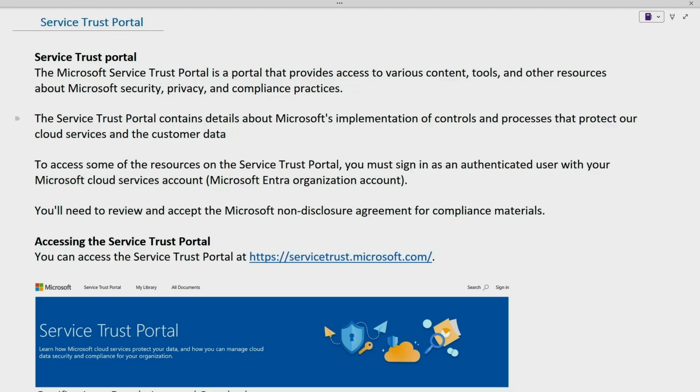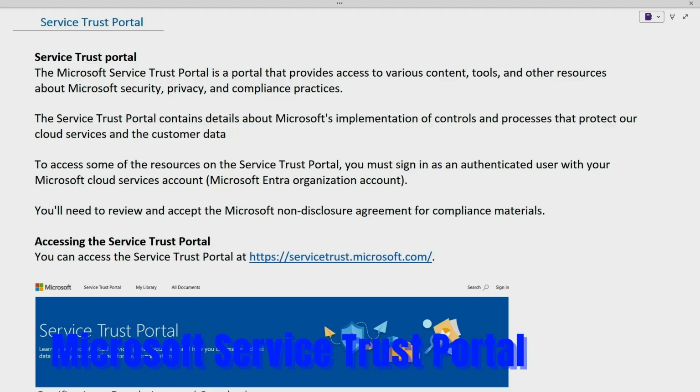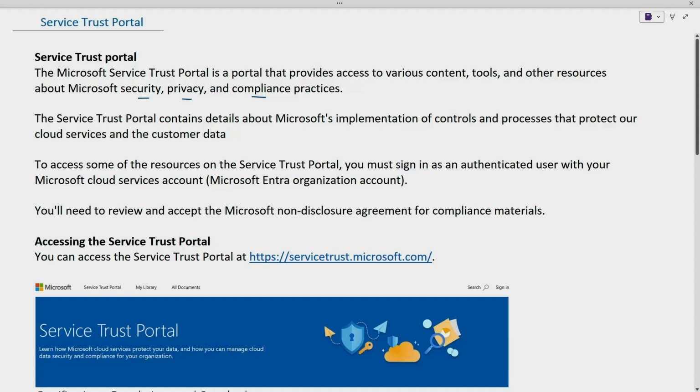Hello everyone. In this topic, we'll discuss Microsoft Service Trust Portal. Service Trust Portal is a portal that provides access to various content, tools, and other resources which are related to Microsoft security, privacy, and compliance practices. So basically, there are three main components which are